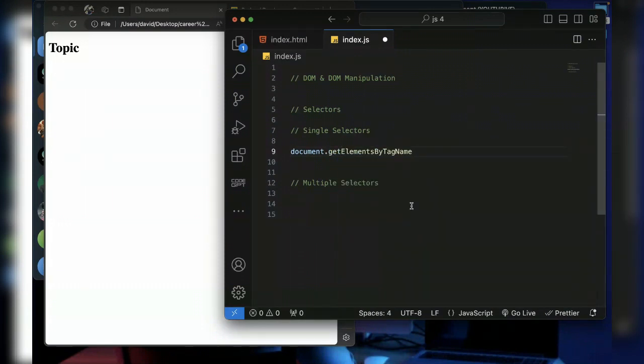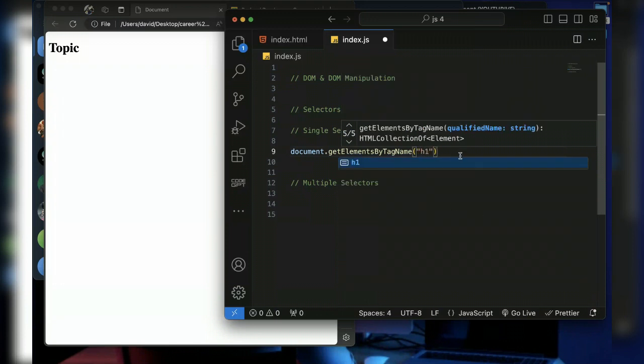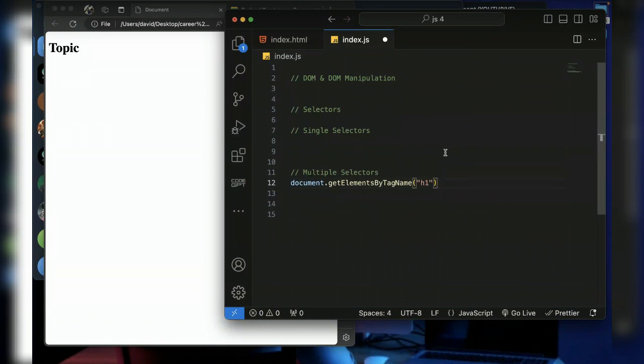And the tag name I want is H1. So here I'm trying to get all the elements by the tag name H1. So this here is a multiple selector because it will select all H1 tags like this.